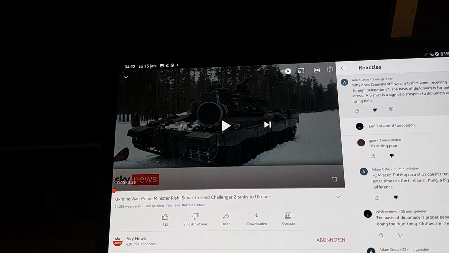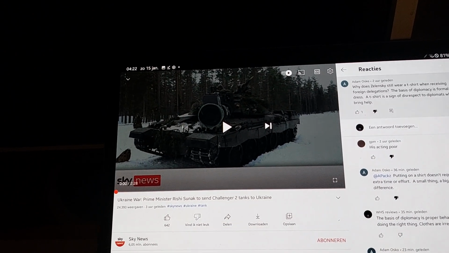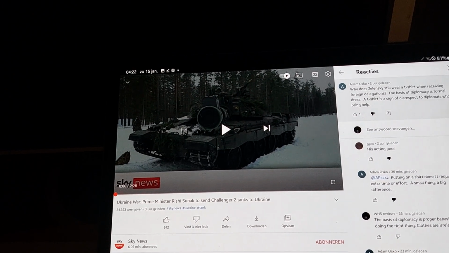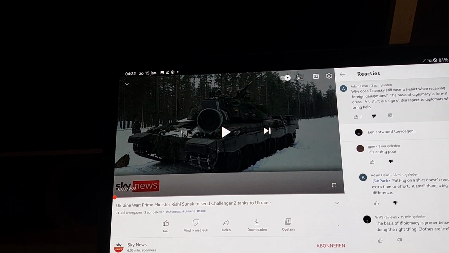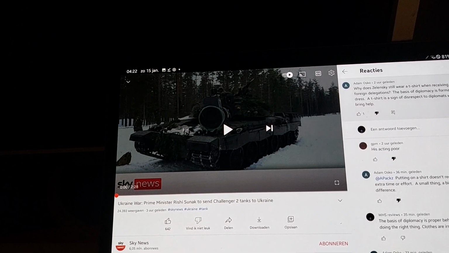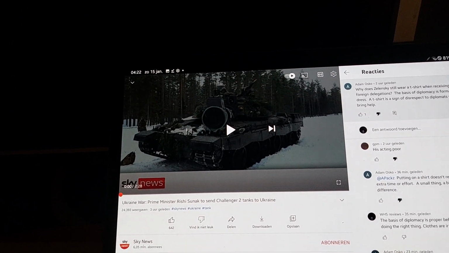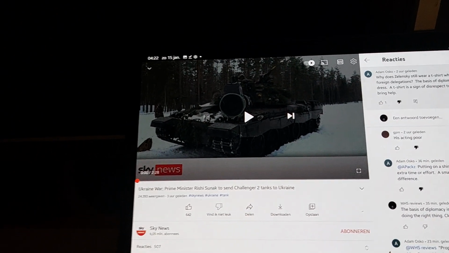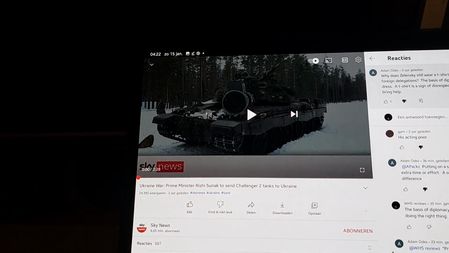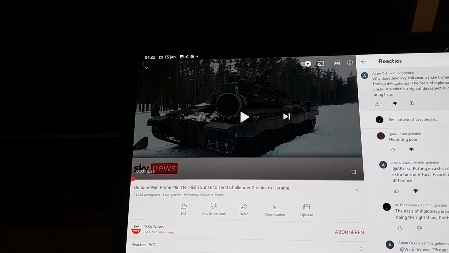I read that Poland had not applied to allow for exports of the Leopard 2s to Ukraine. I don't know about that. So it could be actually that Poland doesn't really put any effort into sending their Leopard 2s, Leopard 2s, as you would say in German and Dutch,